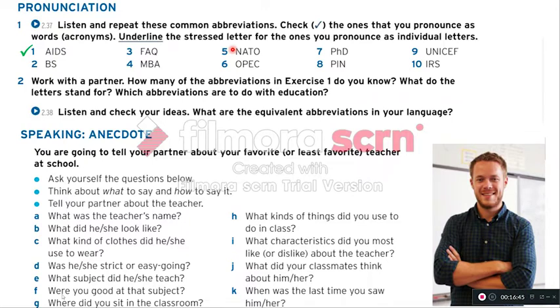Unit 11, Track 2.37. 1, AIDS, 2, BS, 3, FAQ, 4, MBA, 5, NATO, 6, OPEC, 7, PhD, 8, PIN,